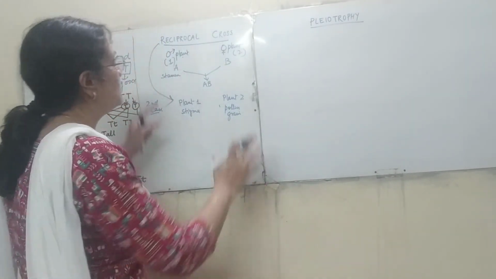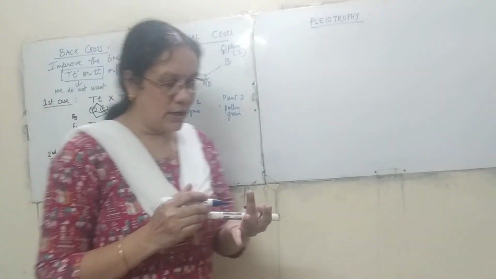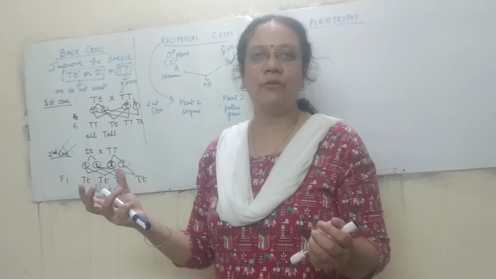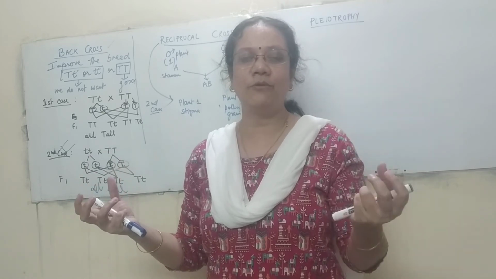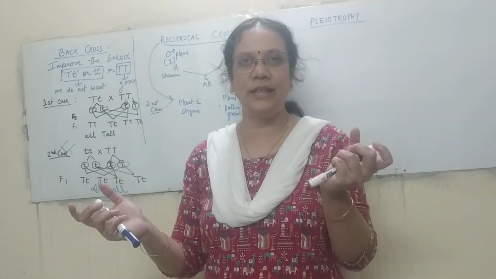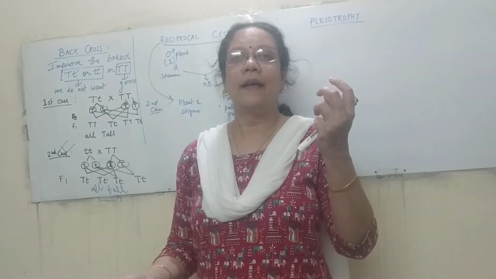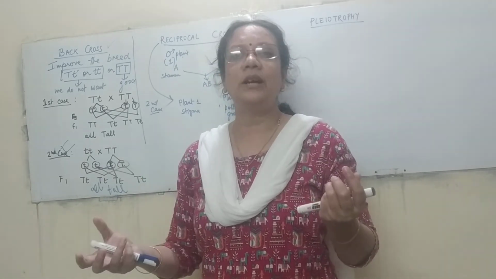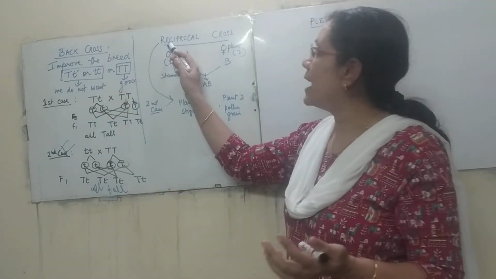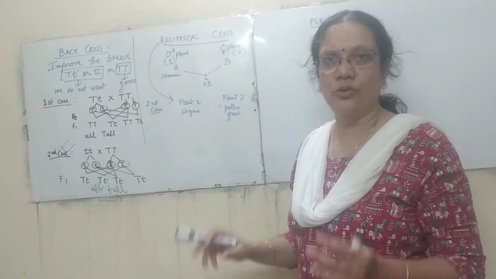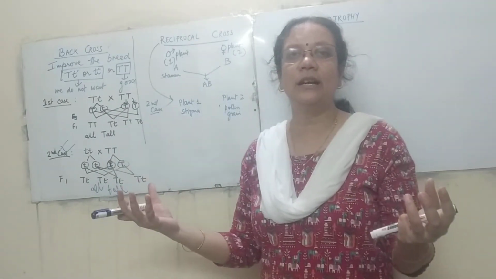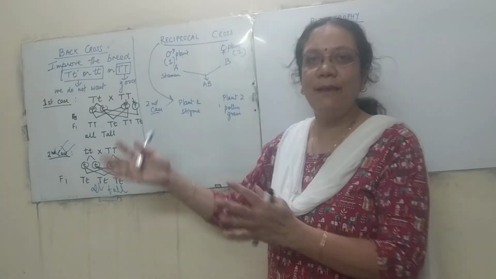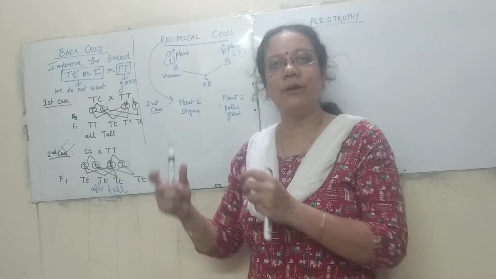So this is the simple thing where by simply changing the plants, that is the flowers, from one flower you are taking the anther and from the other flower the stigma, and then you are interchanging them. In the next cross, from plant B you are taking the anther, and so it is a type of cross which is known as reciprocal cross. So you have to remember, it is just changing the plants. You cannot say it is a male plant or a female plant, but you are taking from the same plant.